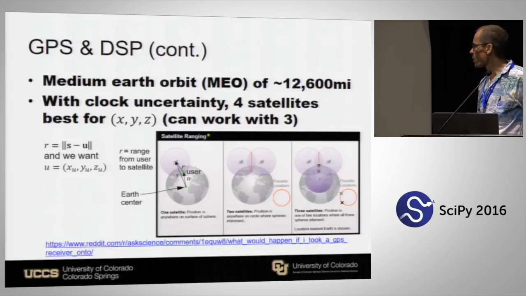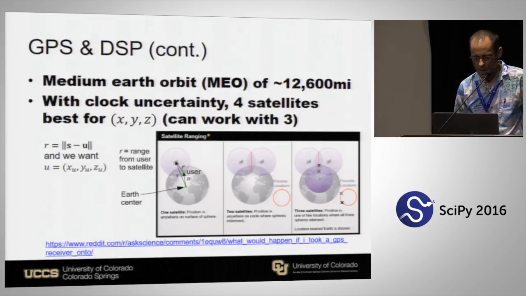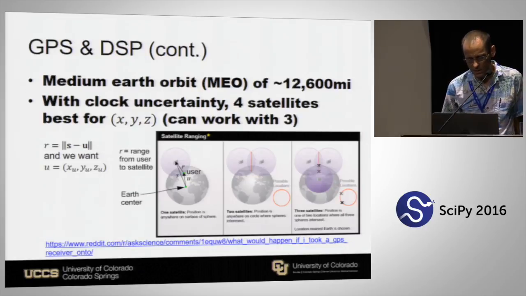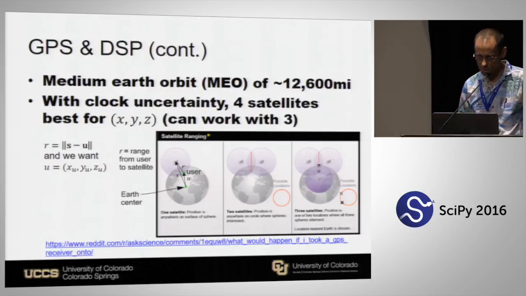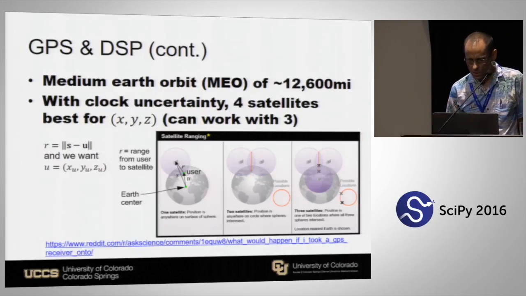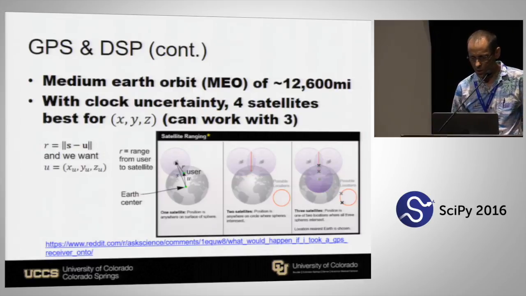This is a picture from a website. It's just showing you, kind of motivating the need to have more than one satellite in order to geolocate. If you have a single sphere, you can think of a range measurement, and you cannot precisely put yourself on the surface of the Earth. If you have two satellites, you still have ambiguity. And if you have three satellites, you've eliminated essentially all of the ambiguity if you intersect the three spheres,